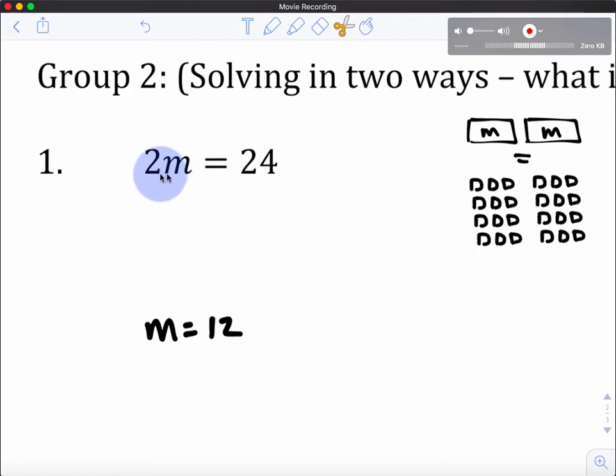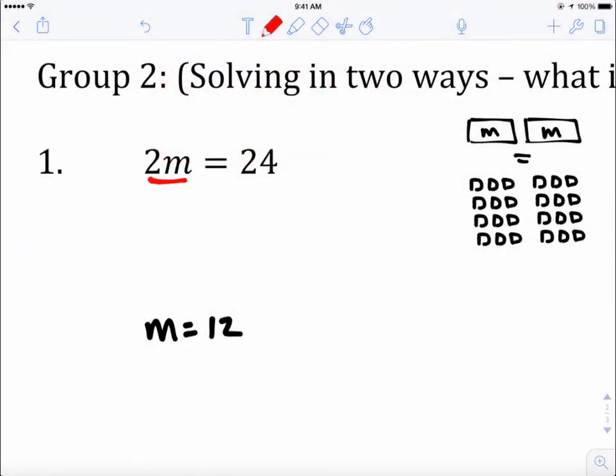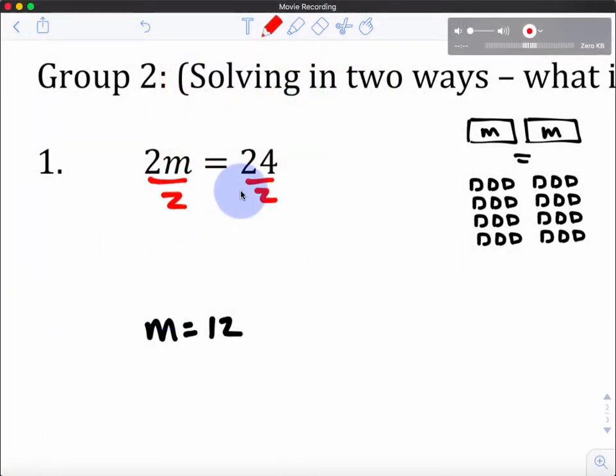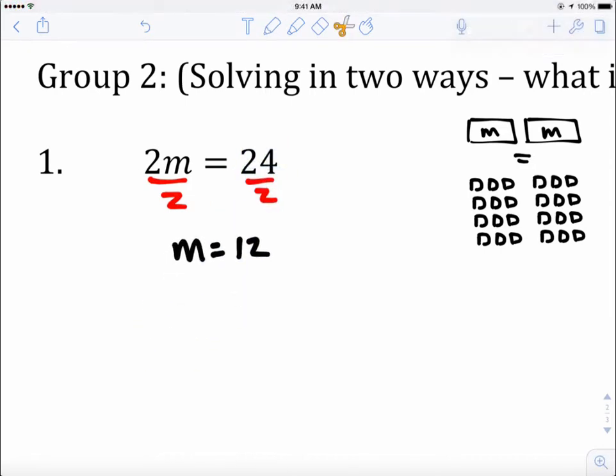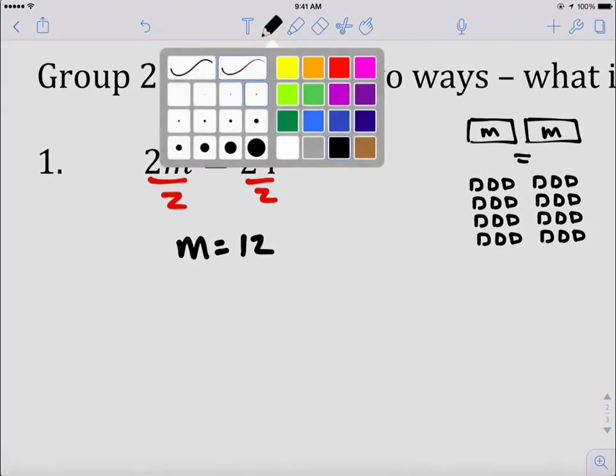We want to divide this in half, right, to get just 1 m. There's 2 ways to divide this in half. One of them is to actually go ahead and divide by 2, right? 2 m's divided by 2 will give 1 m. 24 divided by 2 will give 12. Everything is good. But another way I really like to do it, and this is actually my preferred method, is